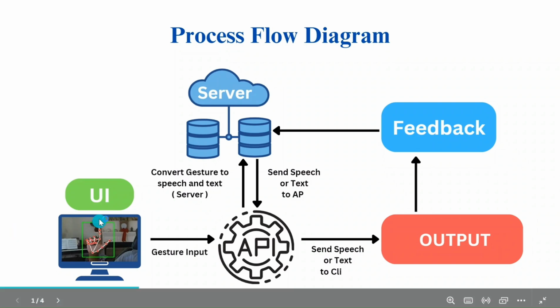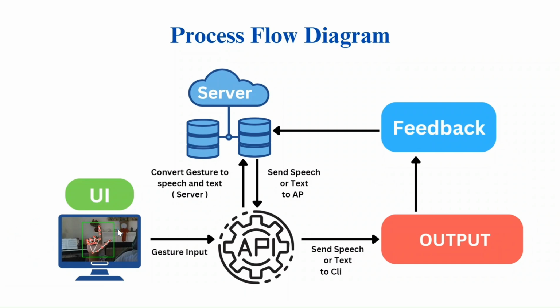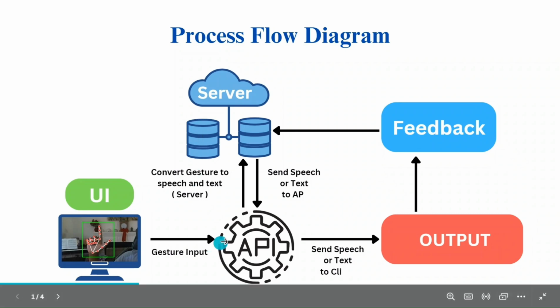The first one is gesture input. A user performs a gesture using their hands or body. The gesture is captured by the user interface, such as a camera or other sensors. Then the next step is gesture to speech and text. The captured gesture data is sent to a server where it is processed and converted into speech or text. The converted speech or text is then sent to an API for further processing or integration with other